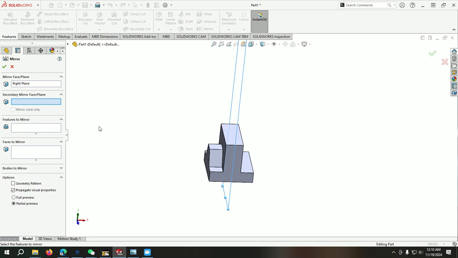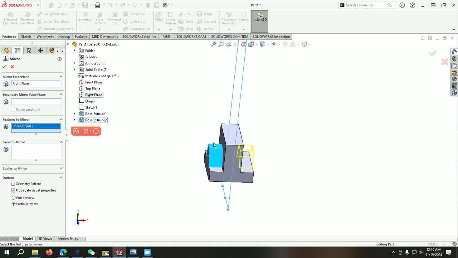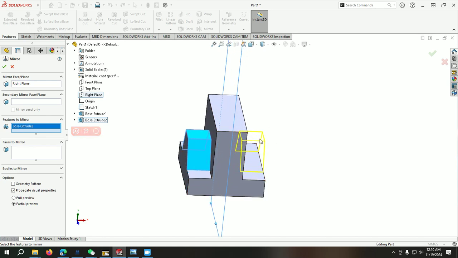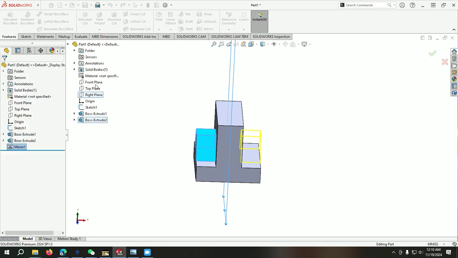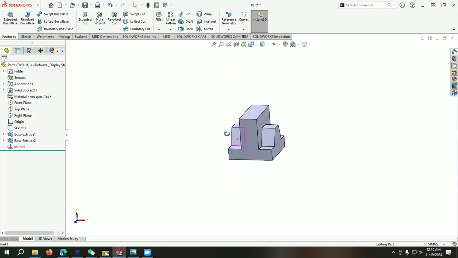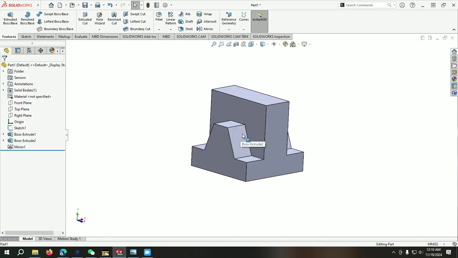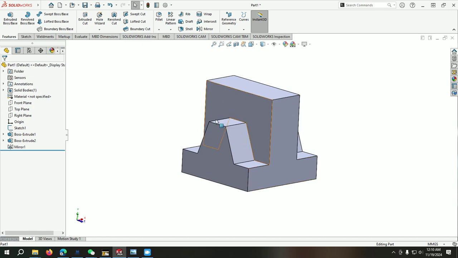Okay, mirror, and here we need to select this feature that we have created because we want this feature at this side, so this is exactly mirrored at this face, so in the feature mirror we'll select this feature, and you can see that the feature is showing on this side, and we just need to confirm. So this is our 3D model,